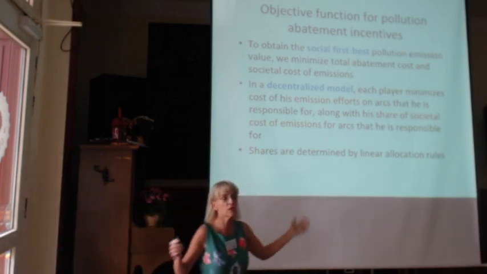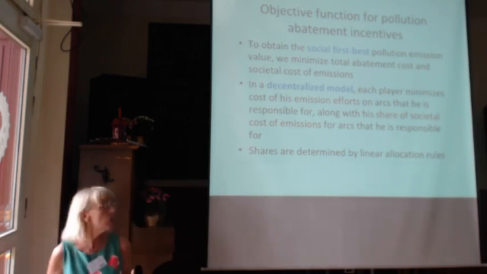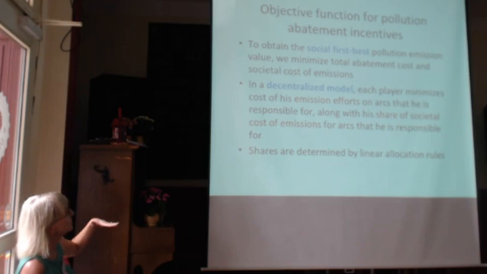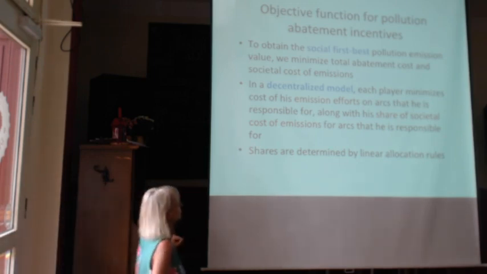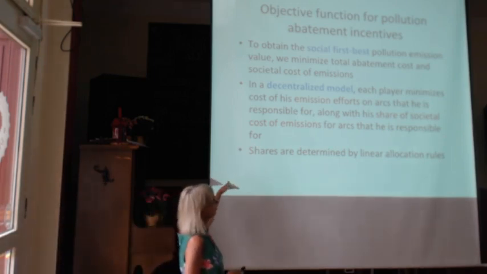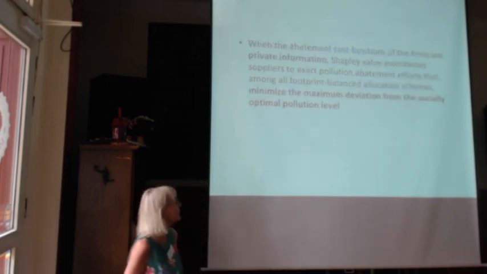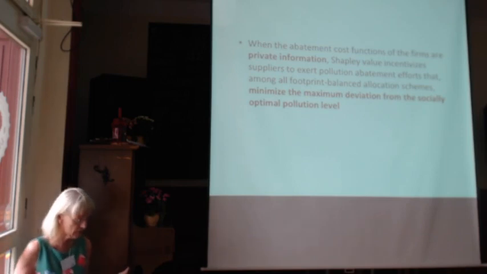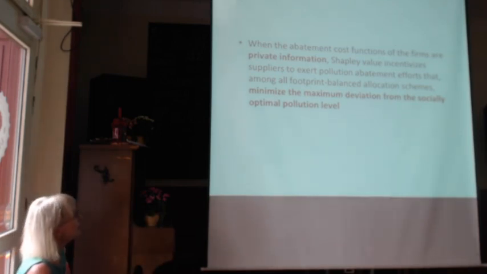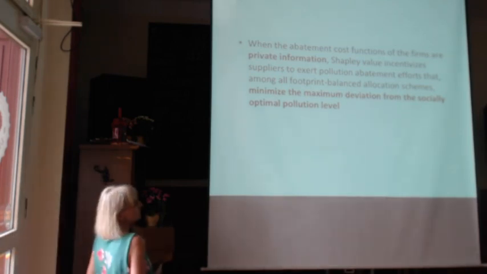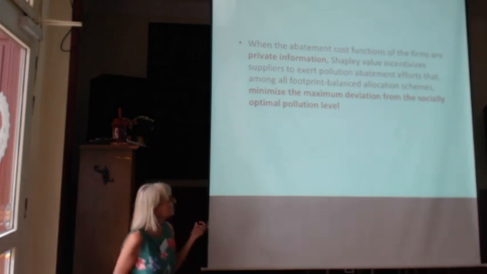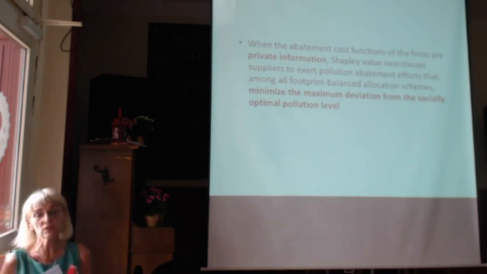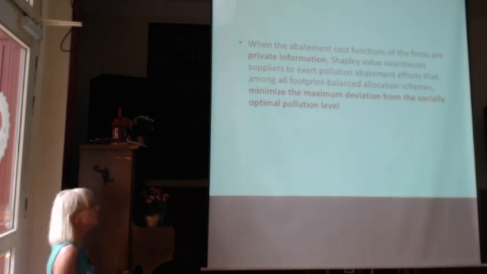So among the family of linear allocation rules, we wanted to find the ones which would not lead to double counting, so that would be budget balanced, and it would be the best in the social play. And so what we found is that if players have private information for the cost functions, then again Shapley value is actually working quite well, because it would minimize the maximum deviation from the socially optimal pollution level. So we would not be able to get first best without